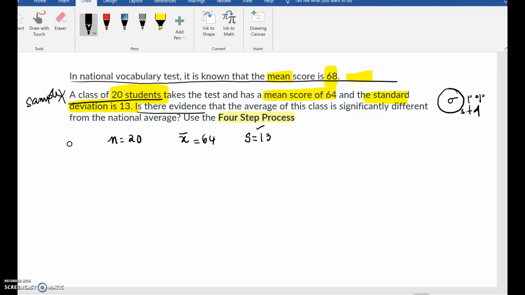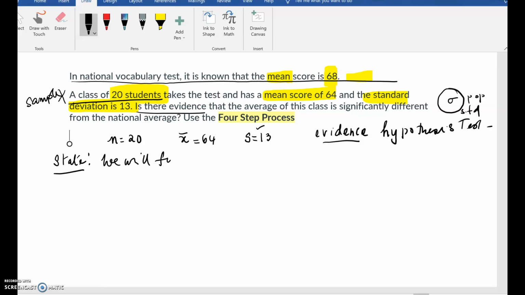Is there evidence? So clearly, we're going to answer this question with a yes or no. The minute the question is answered with a yes or no and the word evidence comes in, it's going to be a hypothesis test. So in the first step, we're going to state. If it's a hypothesis test, we start off with, we will find evidence